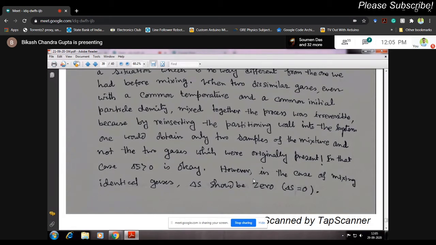I would request you not to get confused with reversible and irreversible at this moment. Just look at the physical system. The system was originally like this, and after I ask you to go out of the room, I do something, and then I put the wall again. Then I invite you back to the room, and you observe that there is no change at all. If there is any change, you cannot make it out. According to the observer, there will be no change in the system, and therefore you would not expect any change in the entropy, and therefore delta S should be 0.